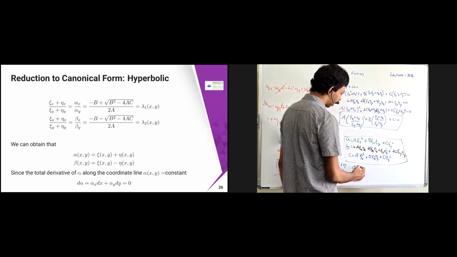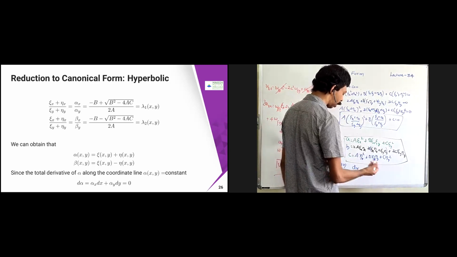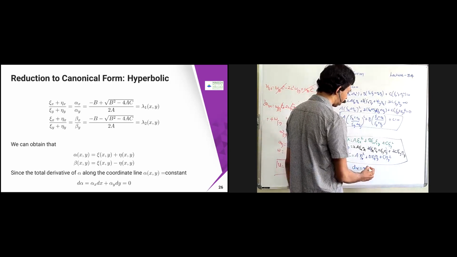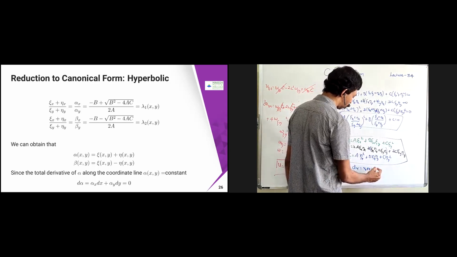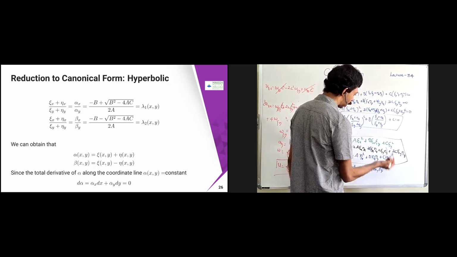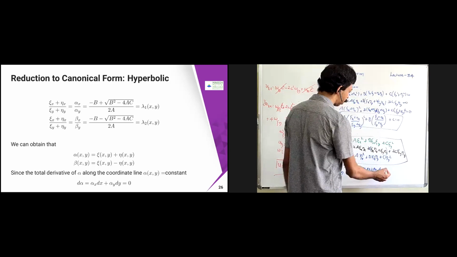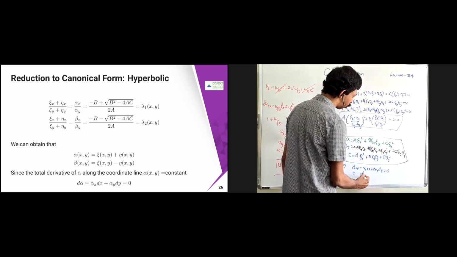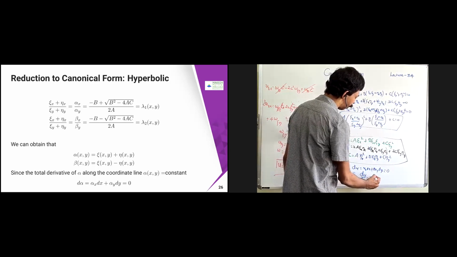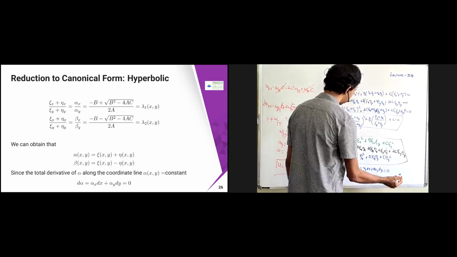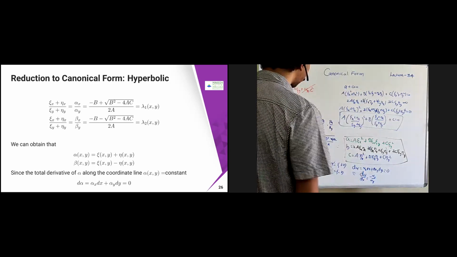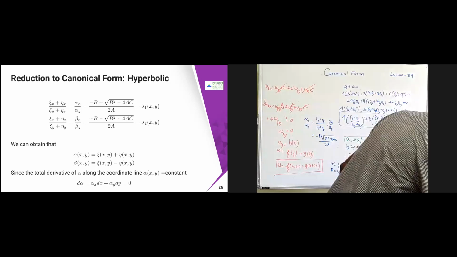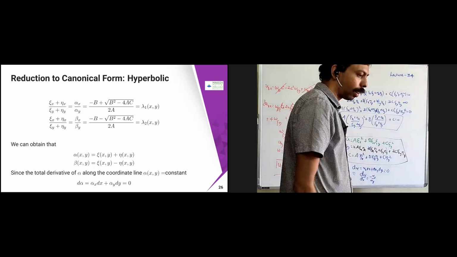So in that case, again you are going to get d alpha and d beta. Similarly, d alpha is nothing but alpha x into dx plus alpha y into dy. Again, in your coordinate system, d alpha equal to 0, so alpha equal to constant, therefore dy by dx becomes minus alpha x by alpha y. So apply the same logic whatever you did earlier, and then what we are going to get ultimately here is that